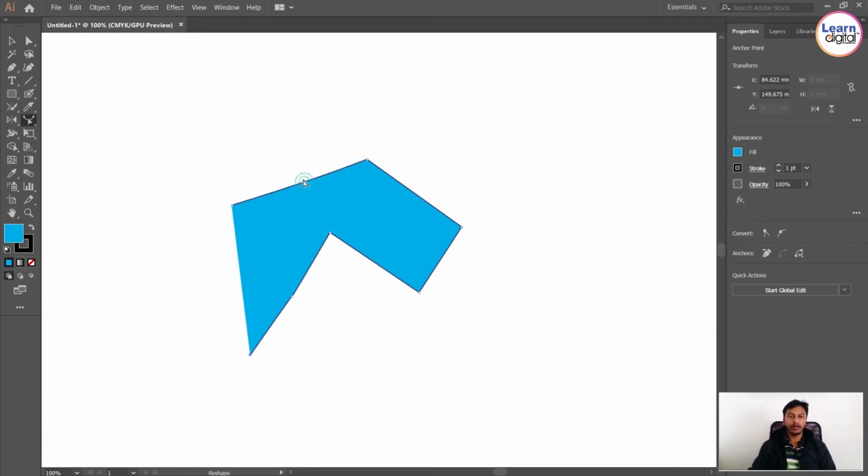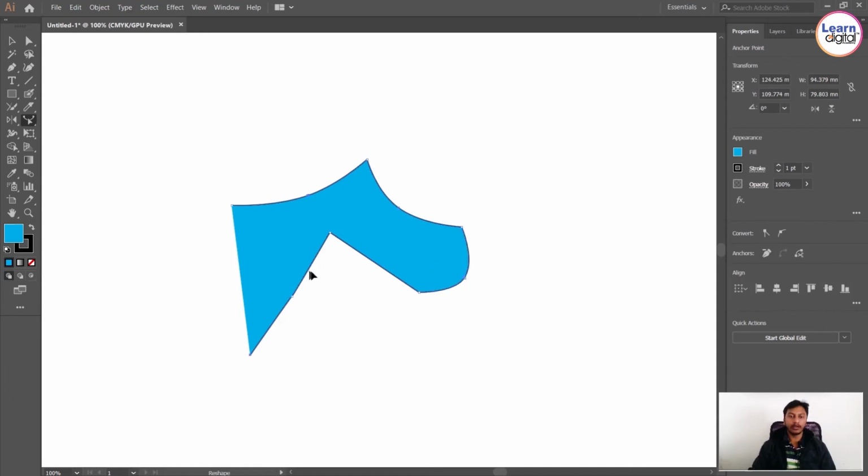Click, you can see I'm reshaping it. Wherever you want to reshape, you just need to click and drag that particular point or line segment. If you click over here, in between you will get one point. So that is the reshape tool.